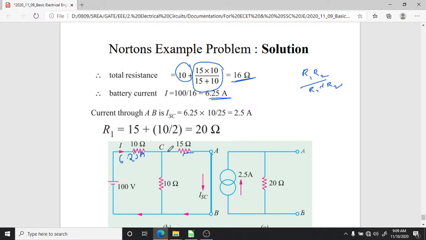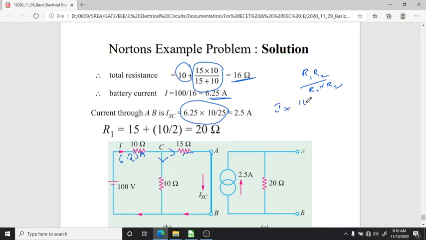Okay, so this 6.25 amps will be divided into two parts. One is this path and another one is this path. Whatever current is flowing through this 15 ohm path is the same as the short circuit current between A and B. So that is another name for Norton's current. What is the current flowing from A to B? It is the total current into the opposite resistor,